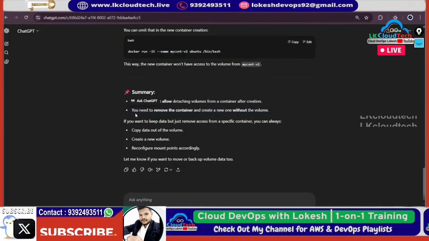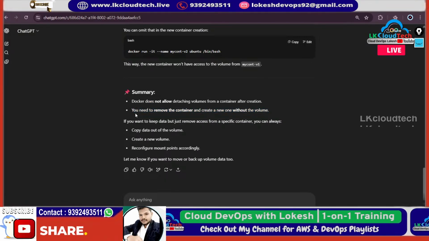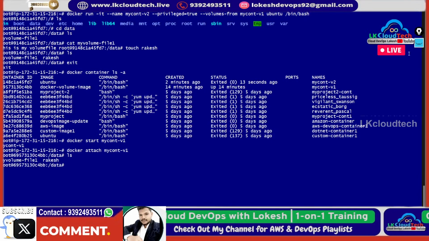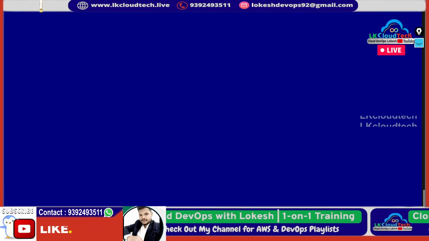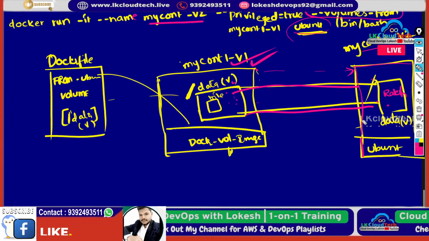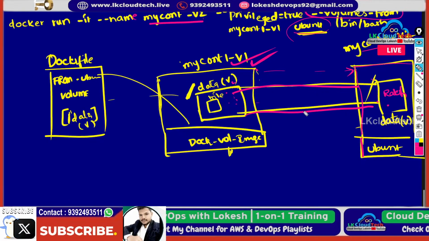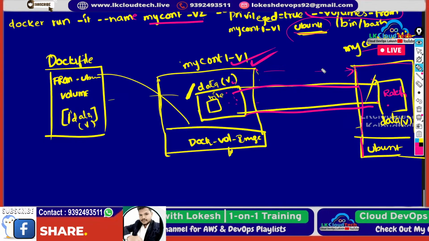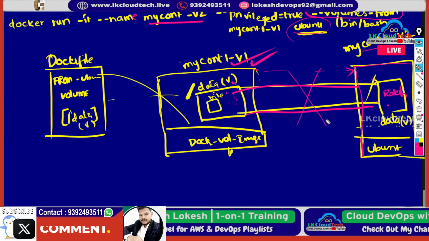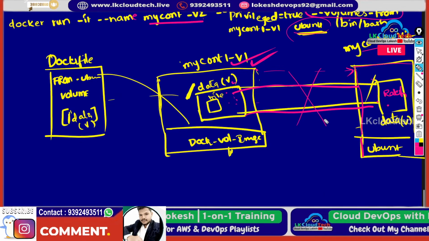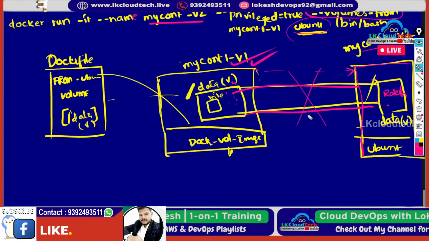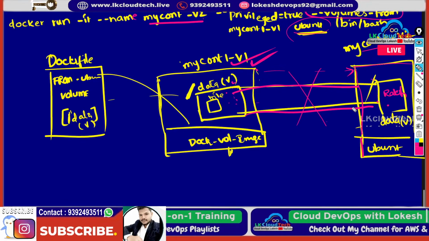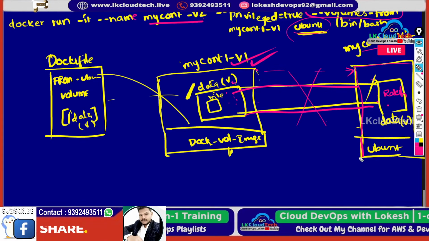If you don't want to use the volume, that's it. Okay, an example I'll tell you. Here is your question, and I'm just giving your answer. Here there is actually a connection established. You want to detach this, right? If you want to detach this, there is no command, there is no concept like this. But if you don't want to use this, on top of this